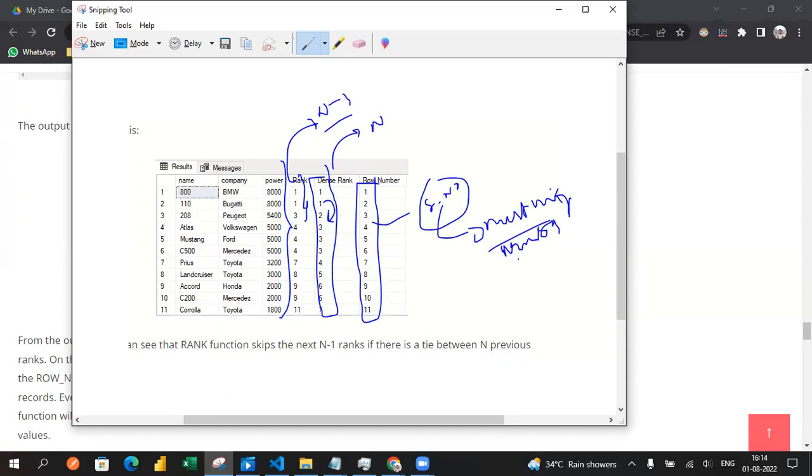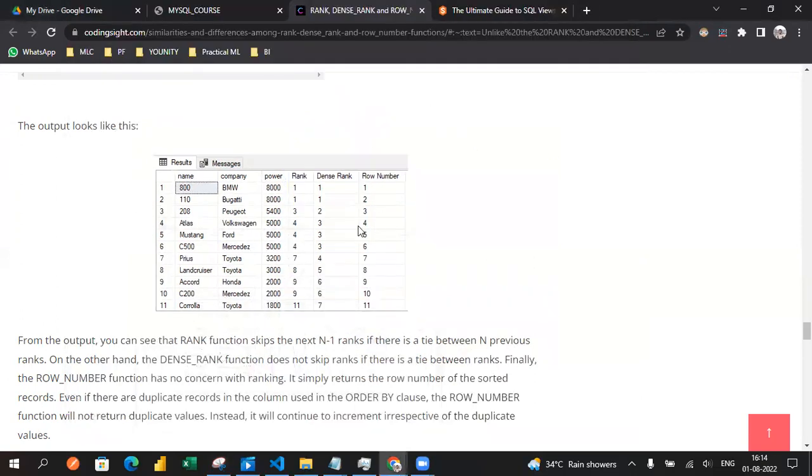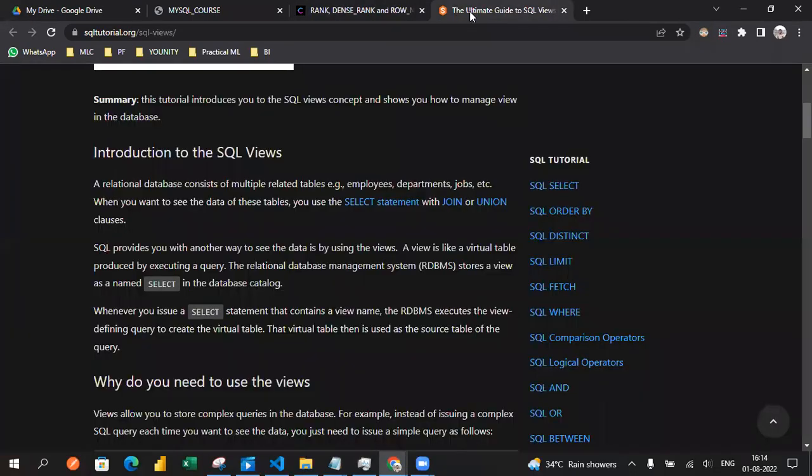So these are some basic functionalities used in some cases with regard to the order by clause. Even though there are duplicate records in a column, you use row number in such cases where you don't need to record the duplicate values, from an incremental perspective, I can say. Then we can also move on to